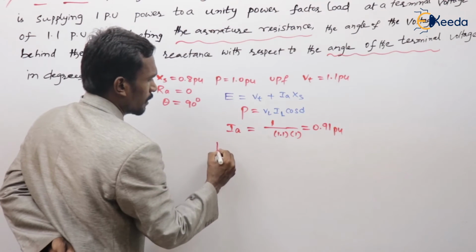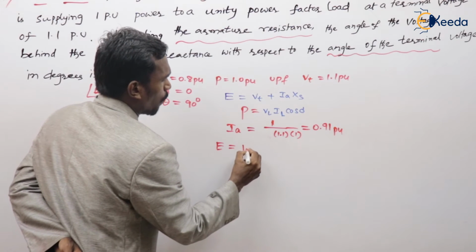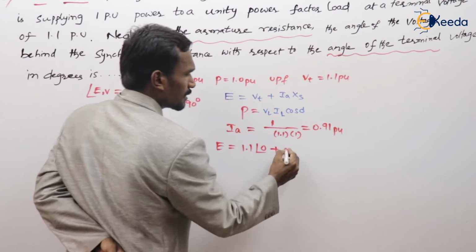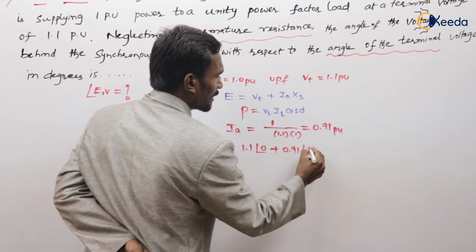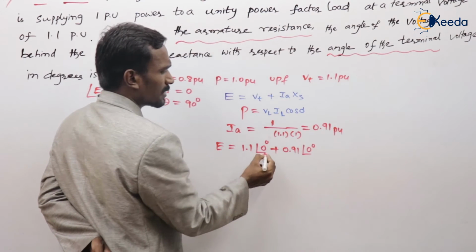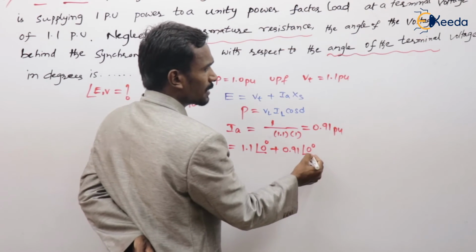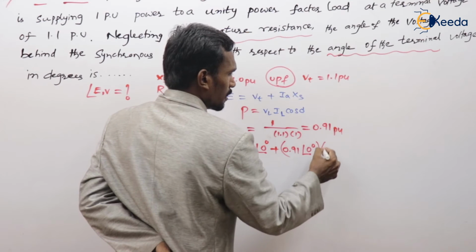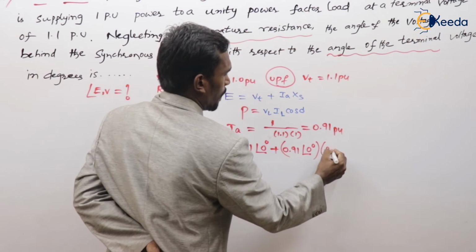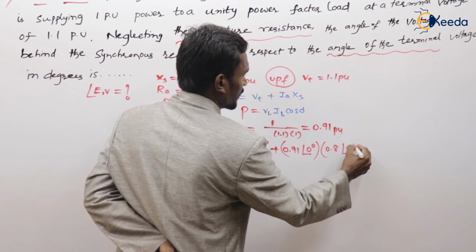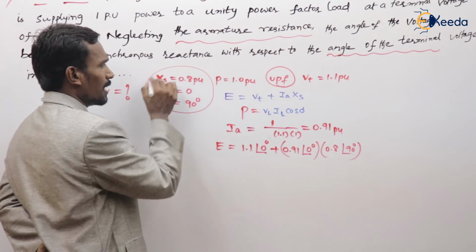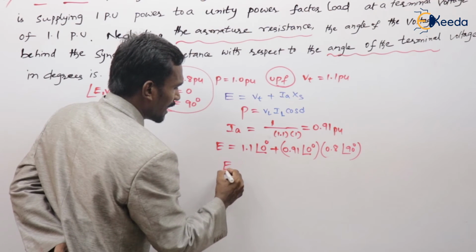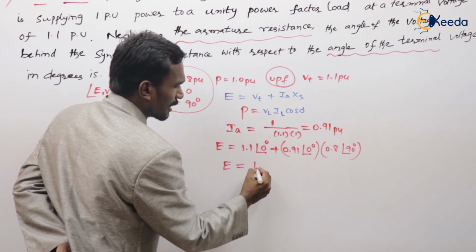Then substitute here. E is equal to 1.1 at an angle 0 plus 0.91 at an angle 0. Why is this 0? V is the reference. Why is this 0? Unity power factor. Multiplied by XS, 0.8 at an angle 90 degrees. Why? Because the impedance angle is 90 degrees. If you calculate this value, you can get